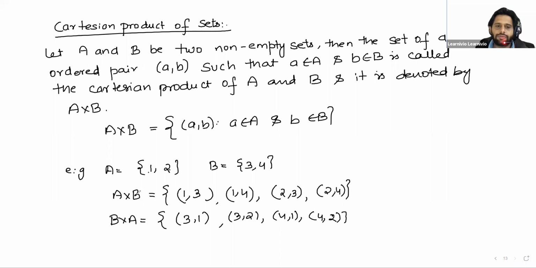Okay, Safan, number of elements in A cross B is what? 1, 4, 2, 3, 4, 4. Number of elements in A? 2. Number of elements in B? 2. So 2 into 2 is 4. So if we need to find the number of elements in A cross B,